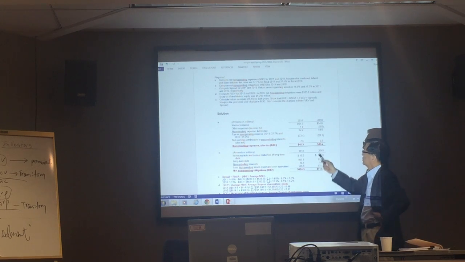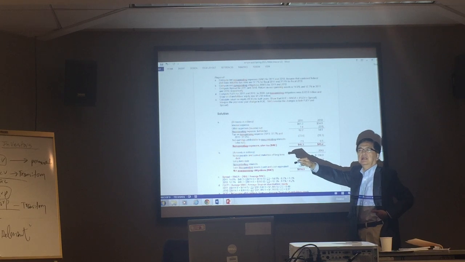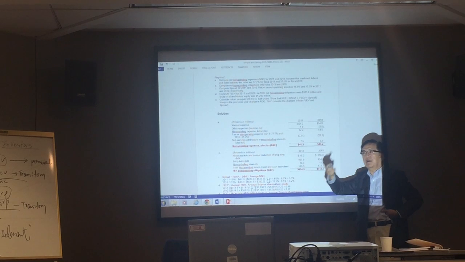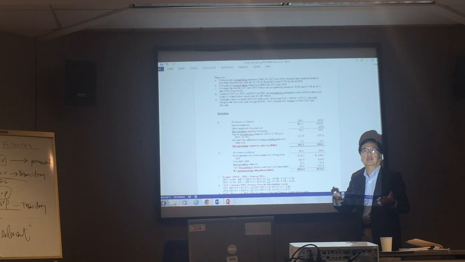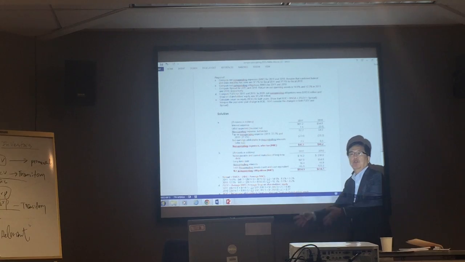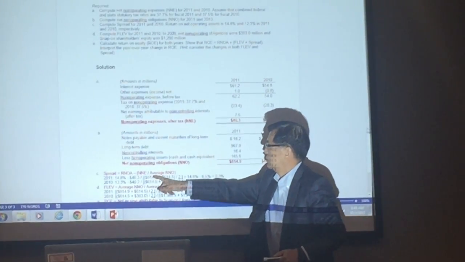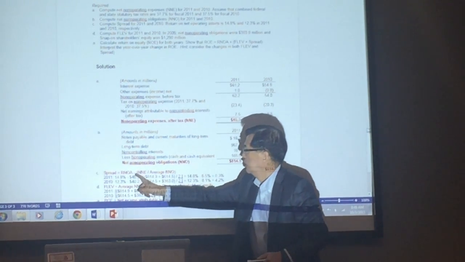And NNE over average NNO, that's the NNEP. NNEP will be used to find out operating spread, because financial leverage and RNOA minus NNEP will give you operating spread, and that will be the second half of the ROE margin. RNOA plus financial leverage multiplied by the spread, and financial leverage will be